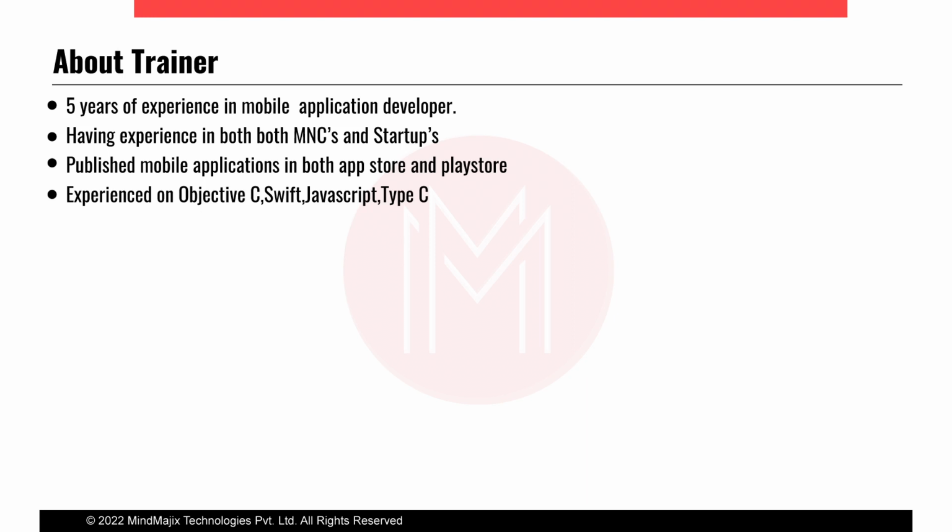Objective C is similar to a subset of C, where everything is in the form of objects. If you are aware of an object-oriented programming language, it will be easier. But it is quite complex compared to Swift. Swift is a simpler language which evolved later. In the backend, whatever we write in Swift indirectly calls Objective C. This is a basic thing you need to remember.